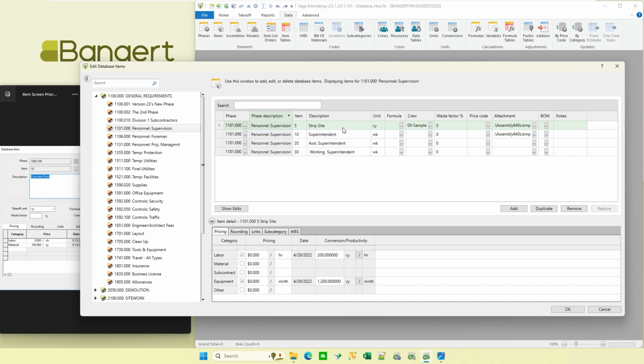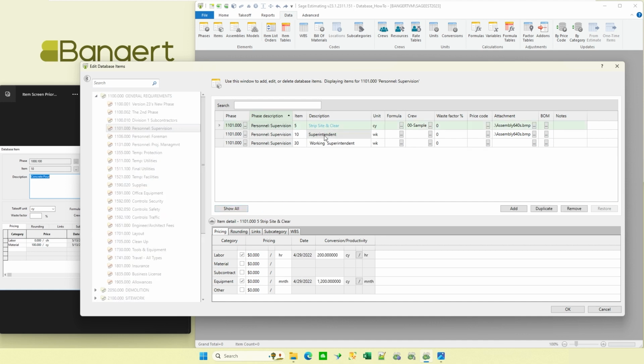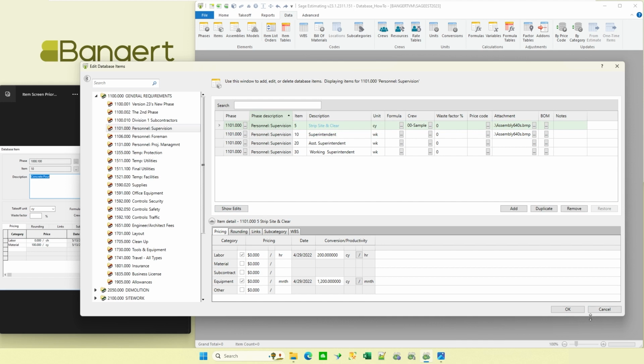And let's say maybe I come in here to strip site, and maybe I want to change the description a little bit. Same type of thing going on. So as I go back through and say show edits, now I notice 3 items, where the dollars are blue because I've changed them, and this has a description that I've changed. So I can see with colors what I've actually modified since I last hit OK. There again, I could hit cancel and say, yep, don't want any of that stuff. Once I know that all these changes look good, I can hit OK, and that's now accepted in the database.